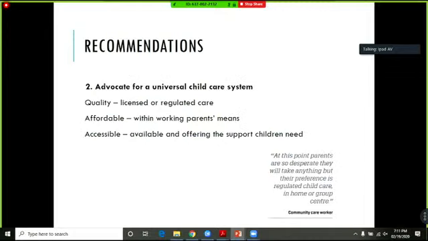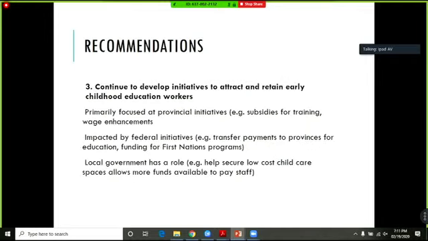The second recommendation is to advocate for a universal childcare system. This came from the direction of the steering committee for this project, and that's quality, affordable, and accessible childcare. To continue to develop initiatives to attract and retain early childhood education workers. Again, this is from all 3 levels of government, primarily the